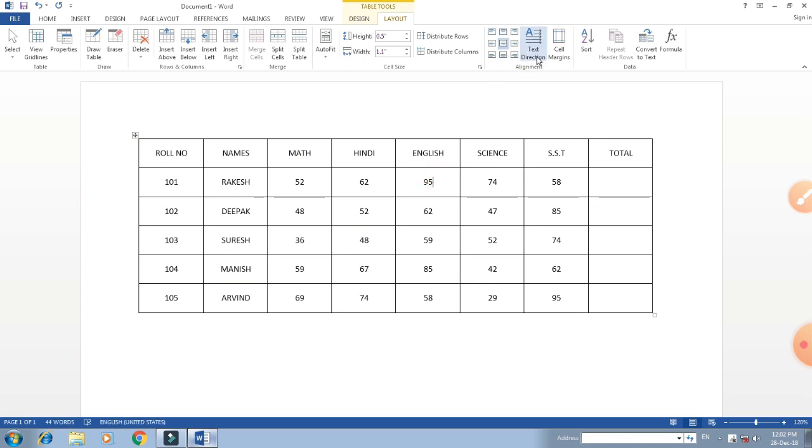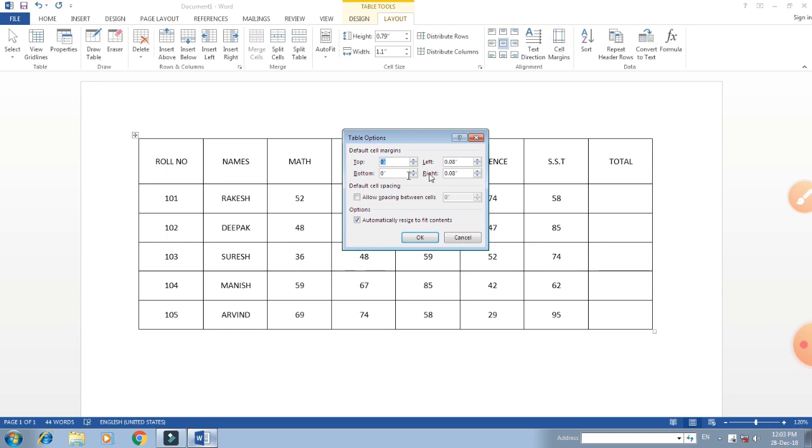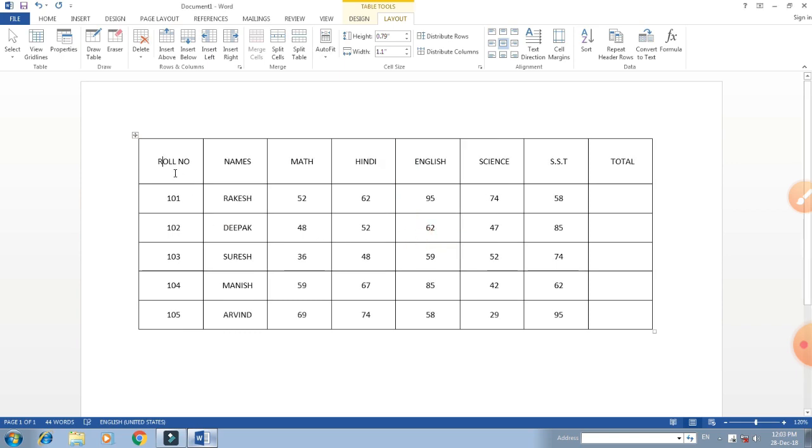Now we want to change the text direction: select the cell whose direction you want to change, click on Text Direction in the Alignment group, and you can set your text to 90 degrees or 180 degrees. You can also click on Cell Margins to set the left and right margins of a particular cell: increase the margin on the left and right sides and click on the OK button.